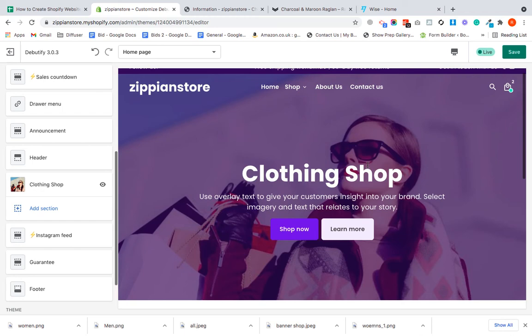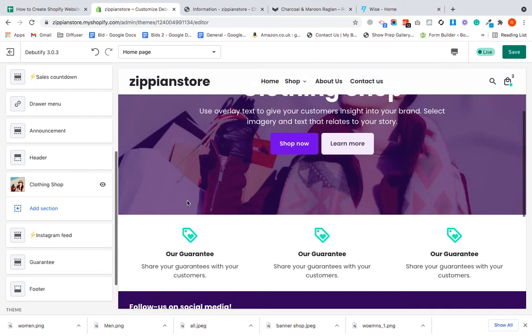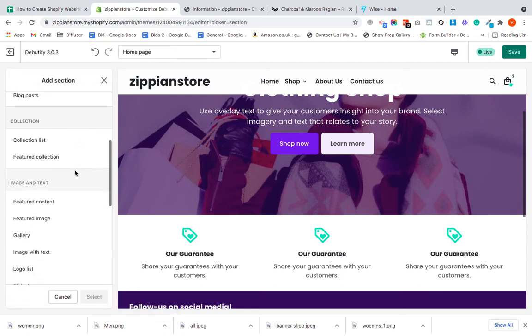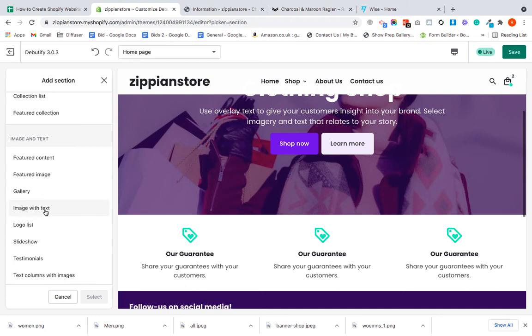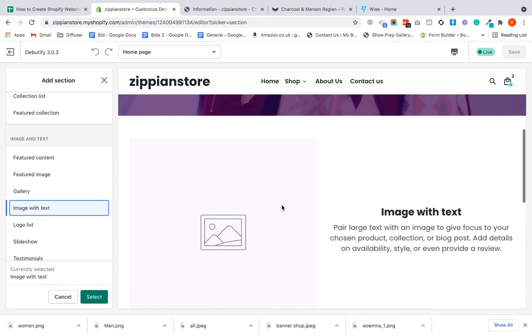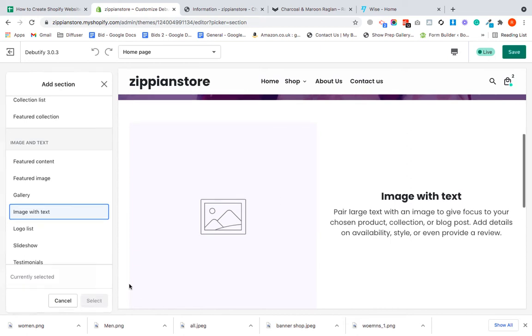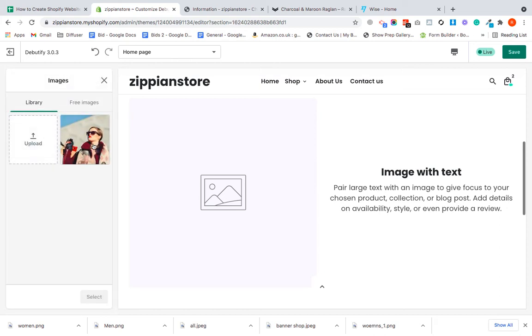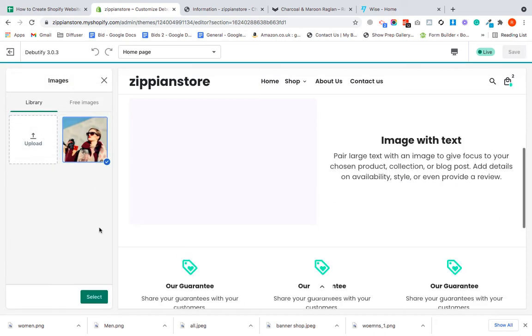Okay, now we're gonna be adding another section, that is our about us section. Just click on add section and let's scroll down, and this one image with text. Okay, now you can see that we have this section over here. Just click on select, and here you can add the image. Just click on select image. I'll just use the same image we have used for the banner,